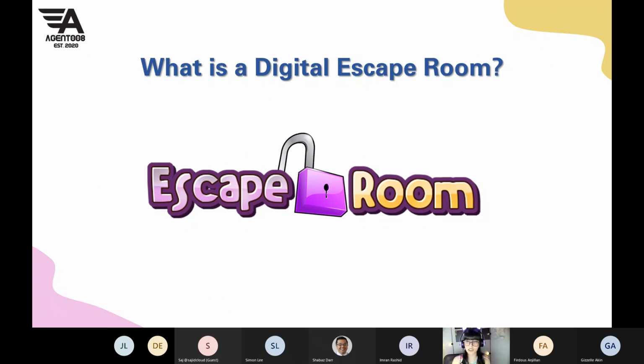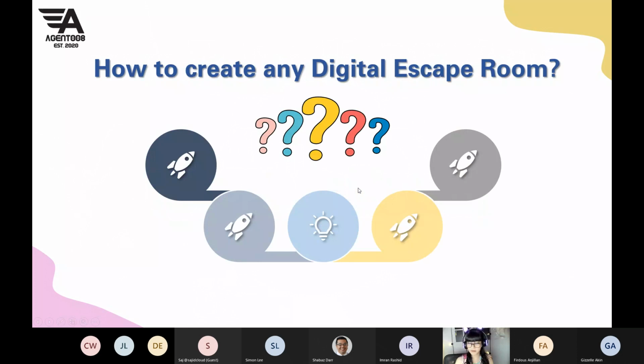So this is the main idea of a digital escape room. You can use it for sharing knowledge. You can also use it if you have an awareness campaign. It helps the user to learn new things in a fun way. And while we are doing the live demo, you will understand how you can make your digital escape room in an attractive way. So this is a digital escape room.